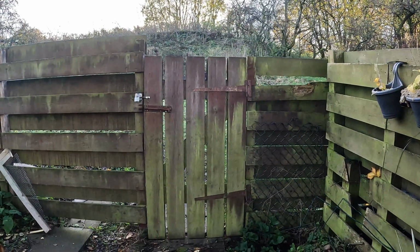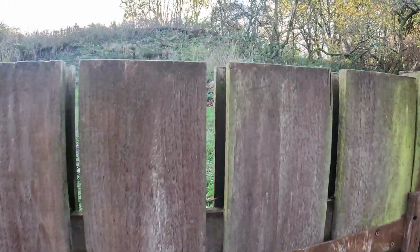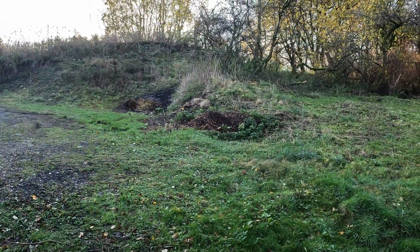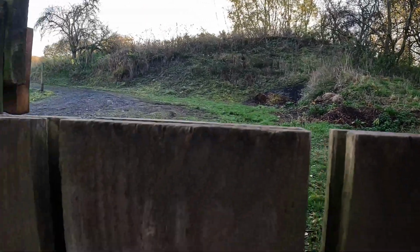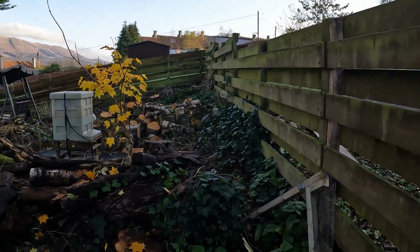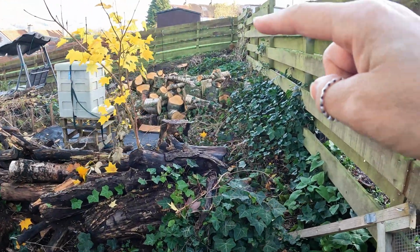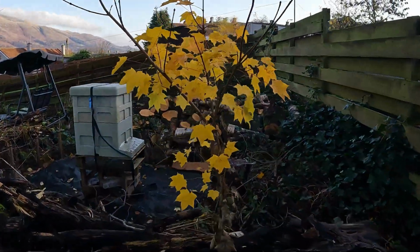Okay, this is us at the very back of the garden. There's a rickety back gate, and if I just peek over, you can see what we have behind the house. And if I just swing round here, lots of piles of wood, older stuff here and newer stuff from trees that were felled there. And as of yesterday,